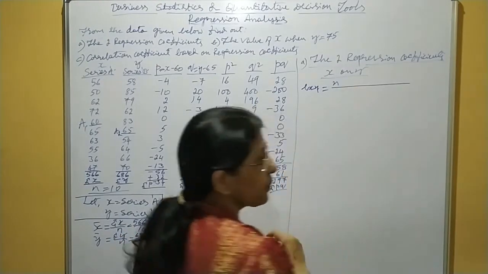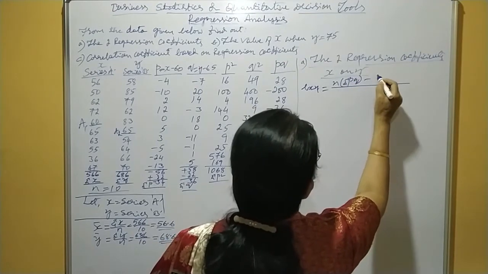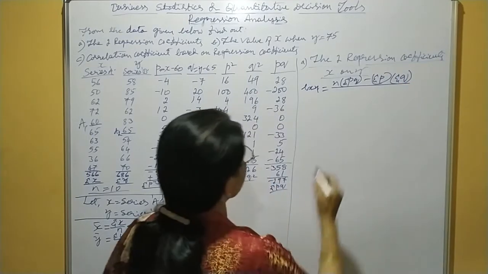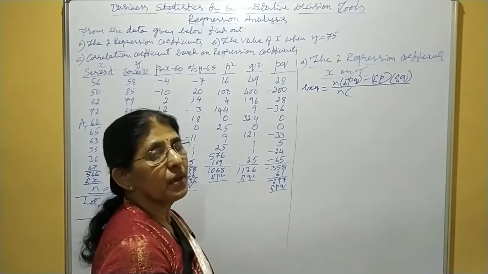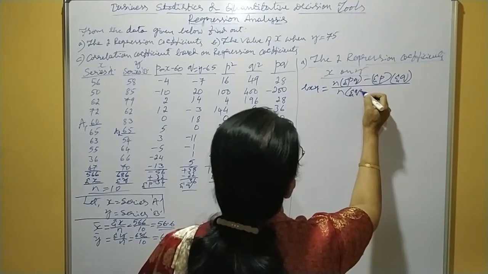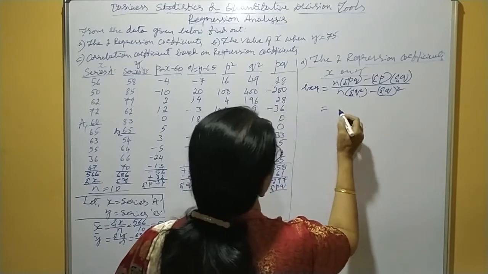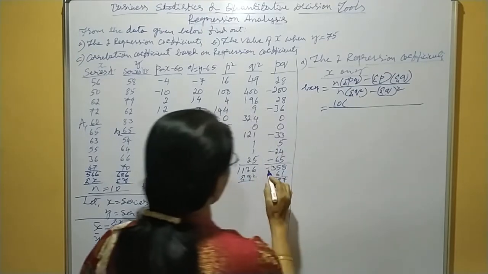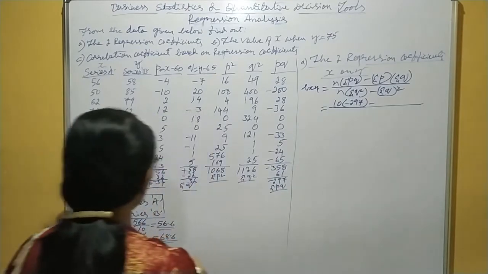Here it is ungrouped data, take small n into sigma pq minus sigma p into sigma q divided by n into second part of correlation coefficient denominator without square root, that is n into sigma q square minus sigma q whole square. Okay. Here n means number of paired values, 10 into sigma pq minus 297 minus sigma p